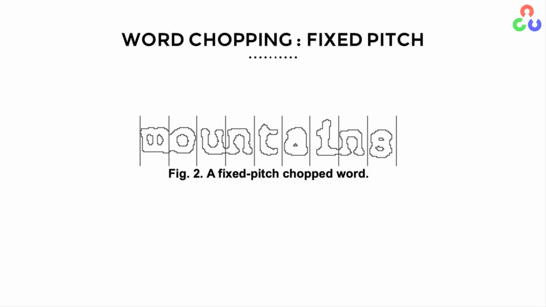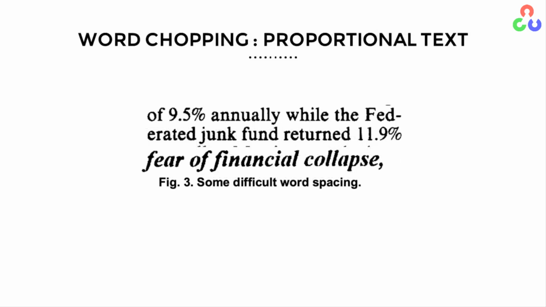And the first thing they do is figure out whether the text is fixed font or not. And if the font is fixed, which is not very often these days, but if the font is of fixed type, in that case, they can simply do a trivial segmentation and draw lines at equal intervals and segment out each character and then pass these characters to the character recognition engine, which we will come to in a little bit. However, in real life, most of the text is proportional text, and it has all kinds of problems.